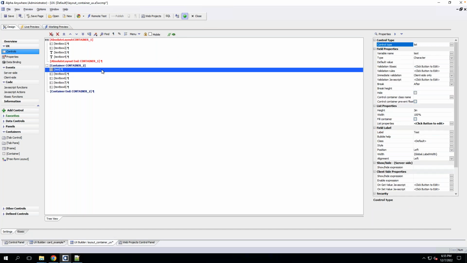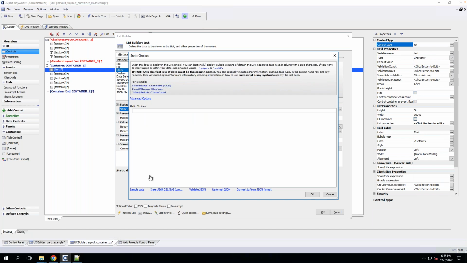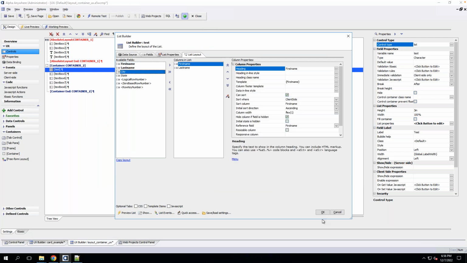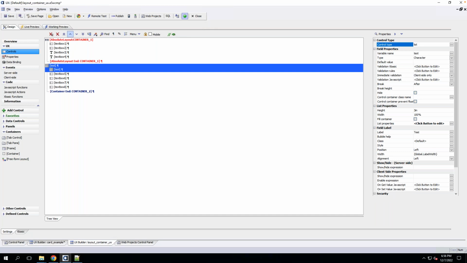So I'll go into my list control. I'm going to go here to static data, and I'm going to insert just some sample data, name and addresses. I'm going to go to list layout and add these two things there. Okay, now that I've got my key there,